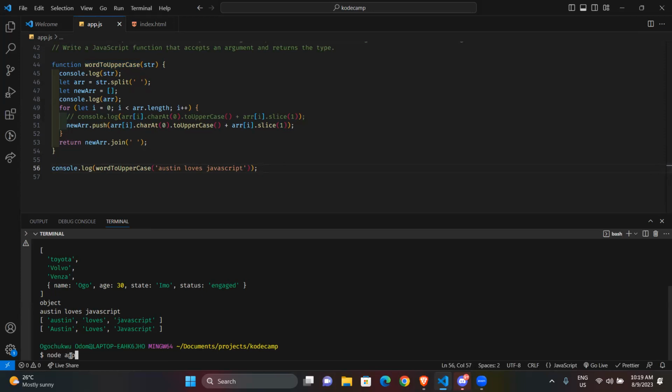Oh, yeah. So you have it: Austin loves JavaScript. The first characters are in uppercase, and then we have our sentence back with all of that.